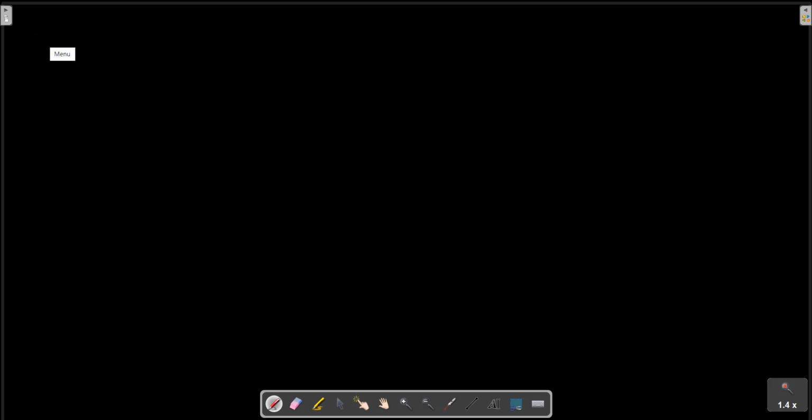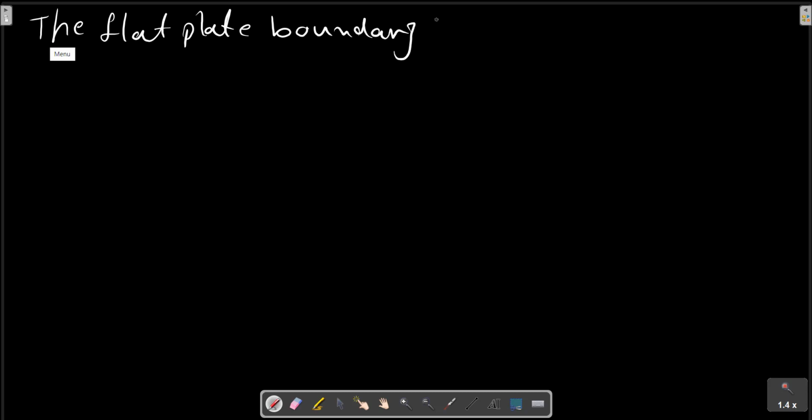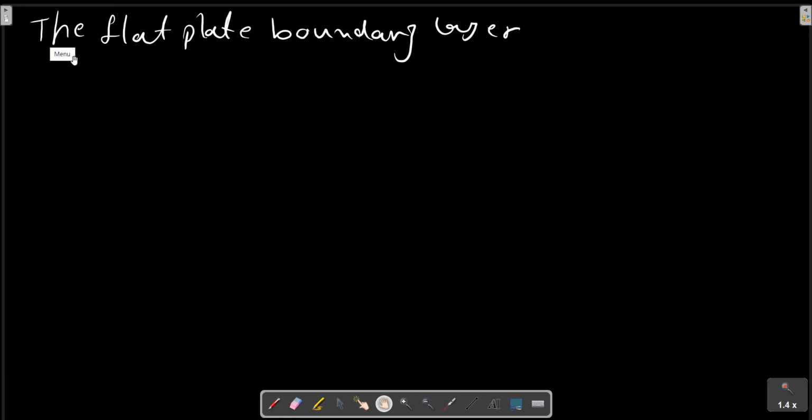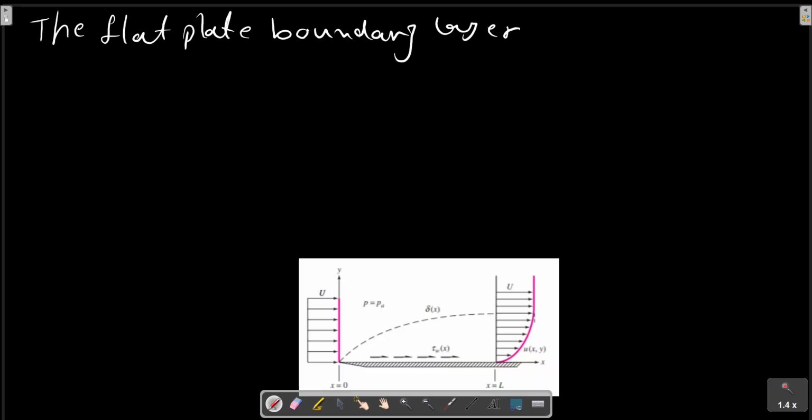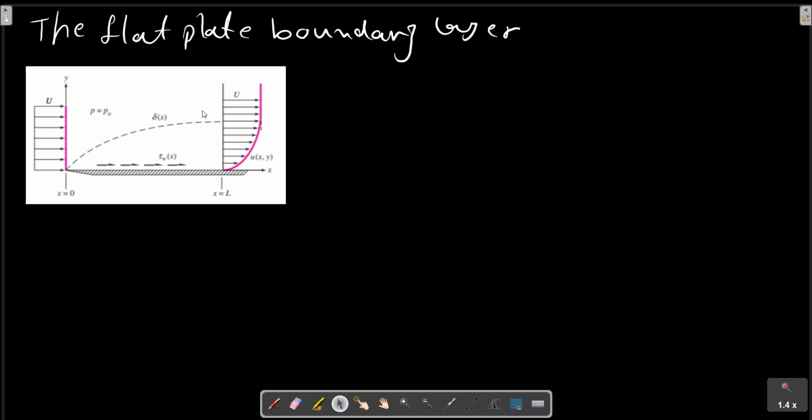The flat plate boundary layer. The classic and most often used solution of boundary layer theory is for flat plate flow, which is also shown in this picture, which can represent either laminar or turbulent flow, as in the previous video. In the case of laminar flow,